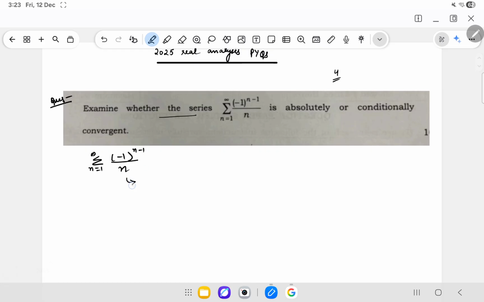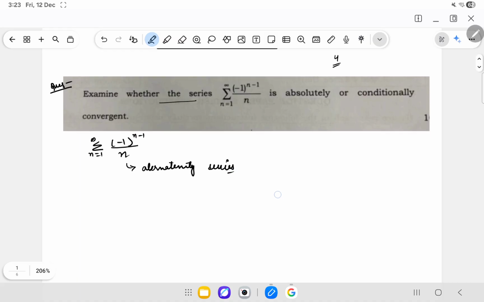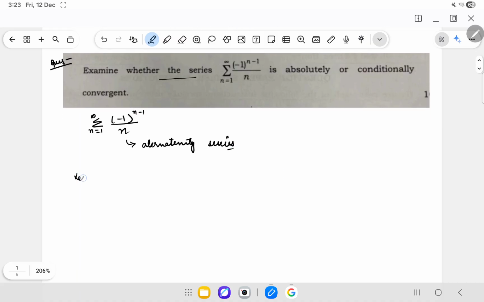First of all, if you observe, this is basically an alternating series. So we'll be using the Leibniz test to check its convergence. So what does the Leibniz test state? The Leibniz test states that any series of the form, let's say, summation (-1)^n bn is convergent if